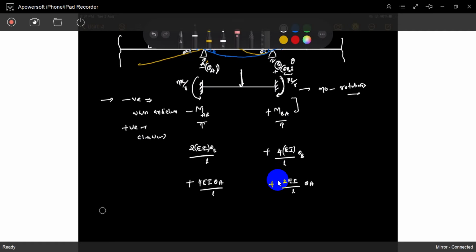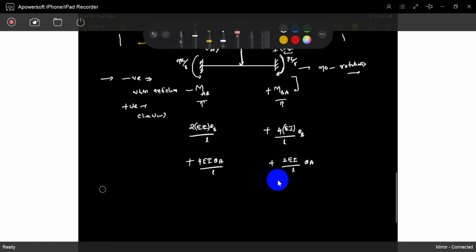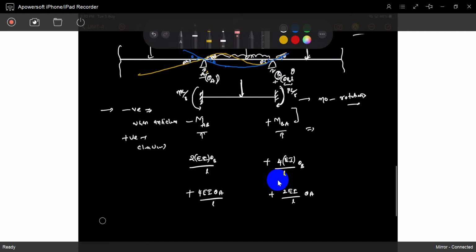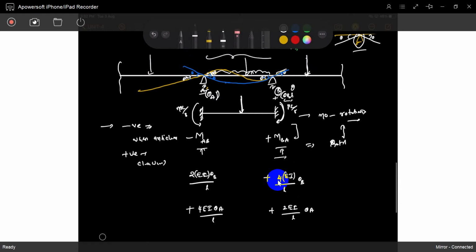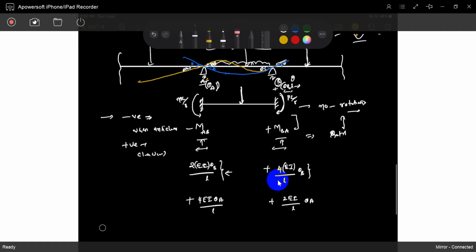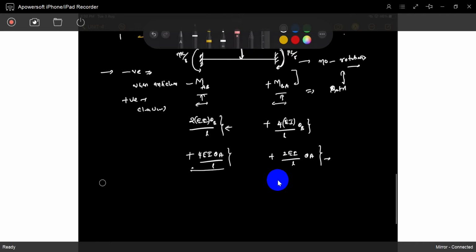Understand? So that's it. Now you can club it. First I will take the rotation as 0, no rotation. I will take first, there is no rotation. You will get this much of moments. If the rotation is allowed, theta B is allowed, some amount theta B. We don't know what that value is. If you allow theta B, you will experience this much, and this much at joint A. Next you will allow theta A at joint A. So joint A experiences this much and joint B experiences this much. Now you club it, you can get the total moment.